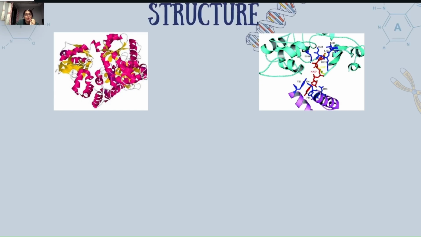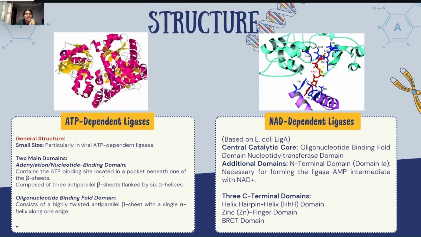Talking about the structure, the ATP dependent ligases. These ligases are often smaller and consist of two domains. First is the adenylation or the nucleotide binding domain that contains ATP binding sites, and the oligonucleotide binding fold domain, which includes twisted beta sheets and an alpha helix, much like a welder's torch that focuses the flame precisely where